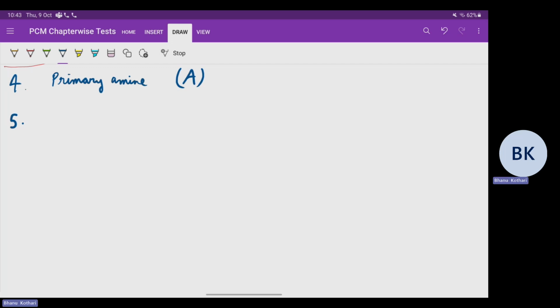We know the basicity of aniline will be least because the lone pair of nitrogen will be in conjugation with the benzene ring. That's why it will not be able to get protonated that easily. That's why aniline will have the least basicity, followed by ammonia, followed by ethylamine,